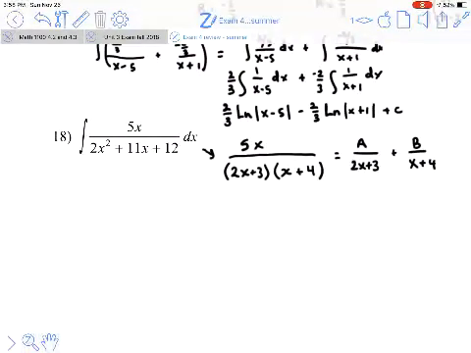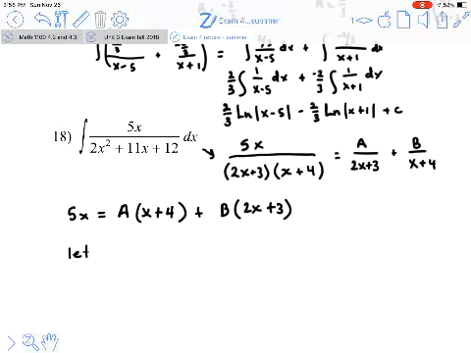If we multiply each of those fractions by the lowest common denominator, then we end up with 5x equals a times x plus 4 plus b times 2x plus 3. Now, if I want to cancel a part of this, for example, I could let x equal -4, plugging it in there